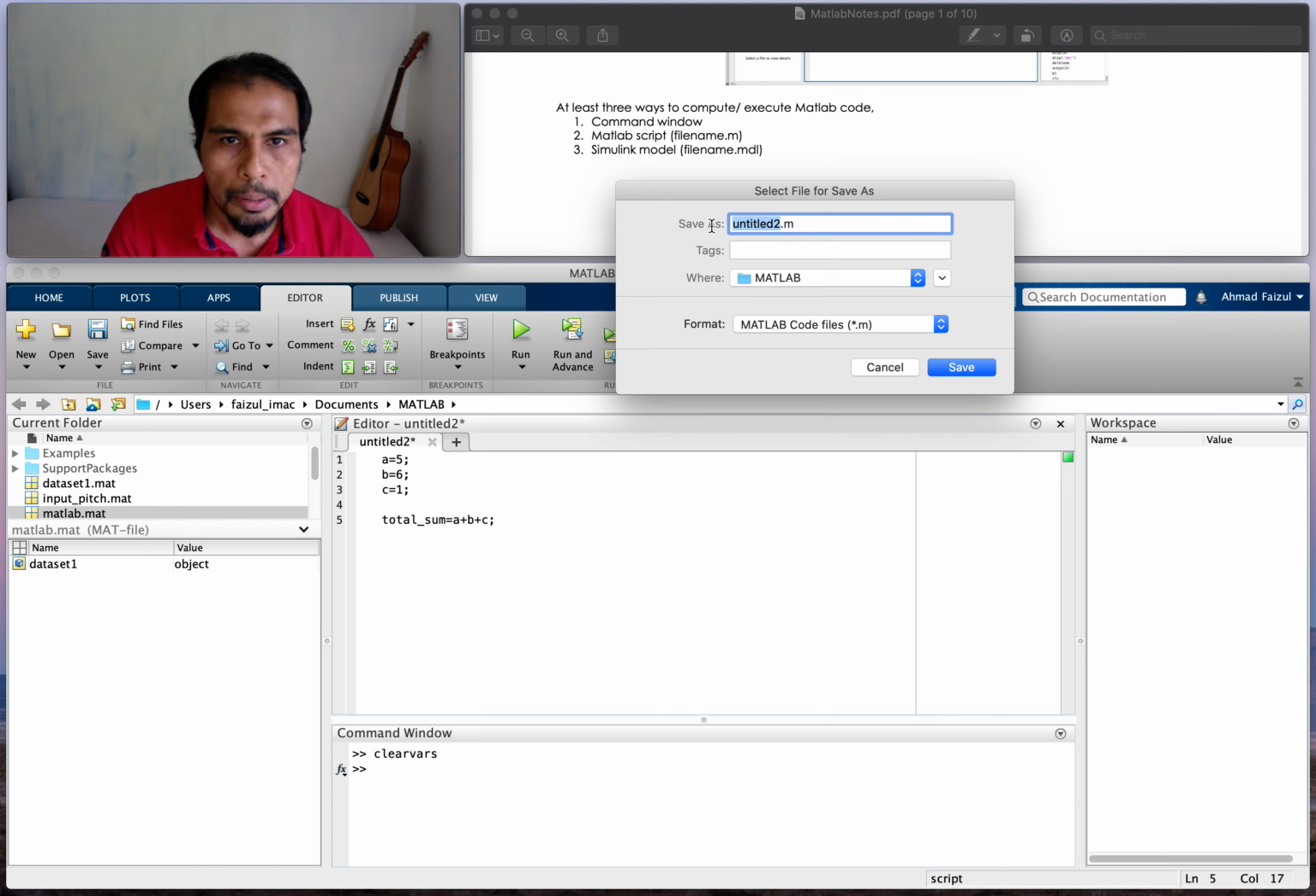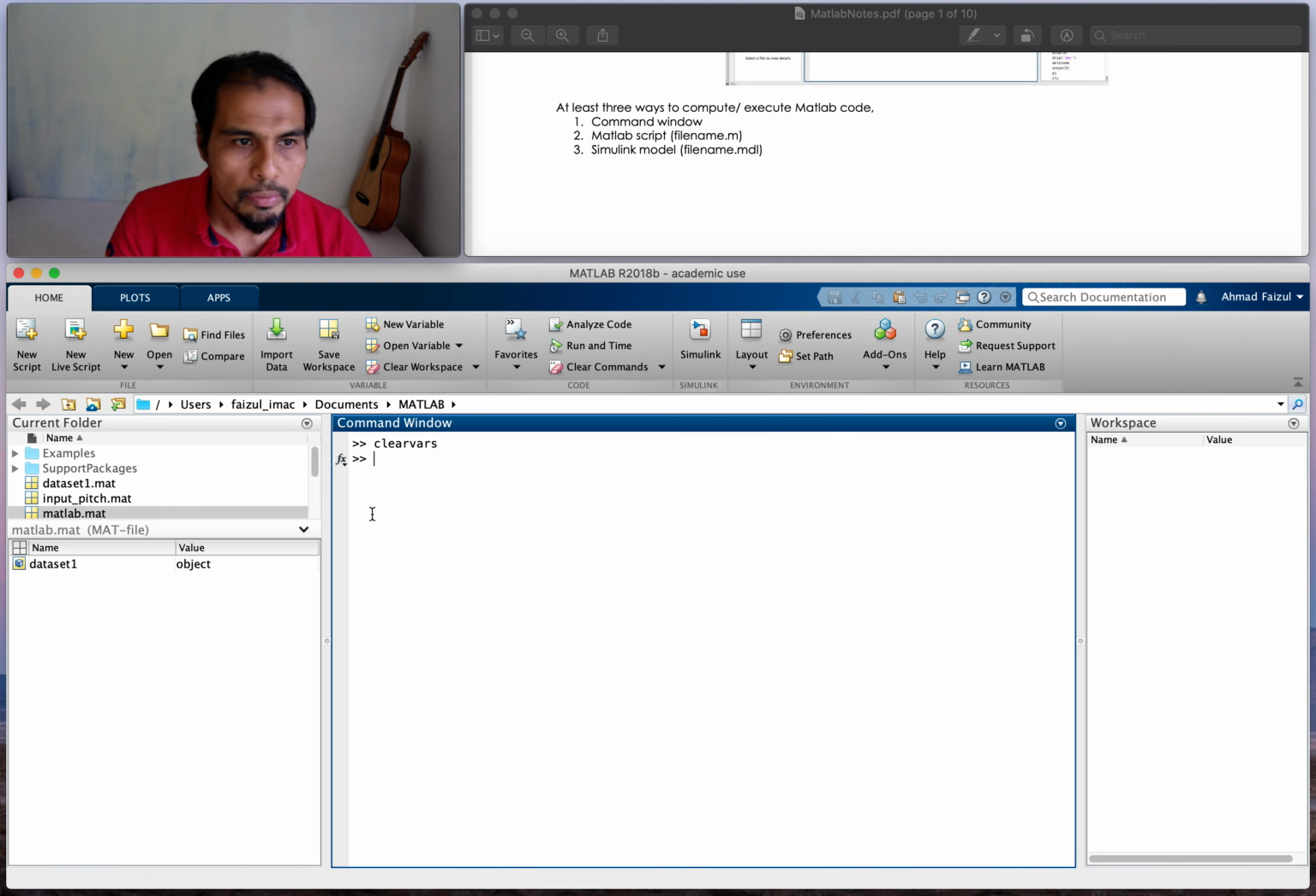So maybe name it test 1, okay, test program 1. So we save it as an M file, save. So now you see that the test program 1 is here, right? So we don't have to type this time. Okay, now I need to clear the command window, and then okay, now we have the workspace area empty,